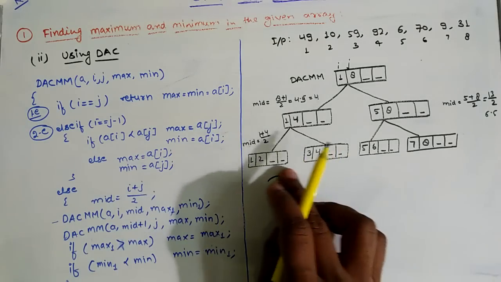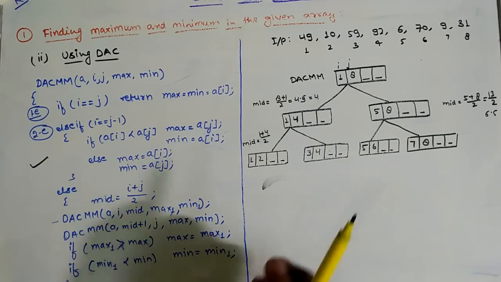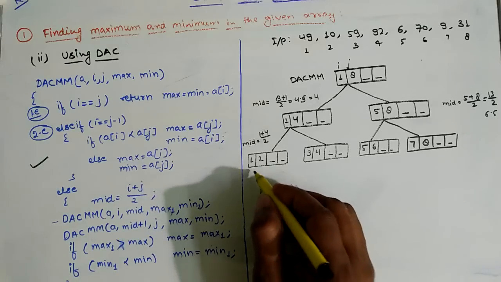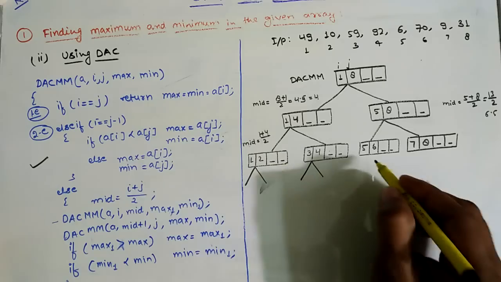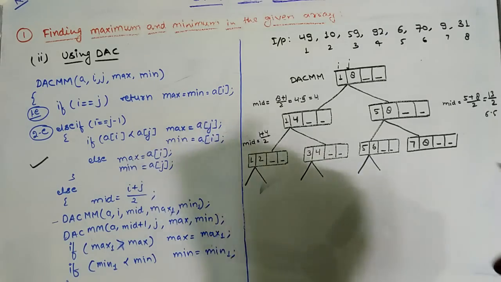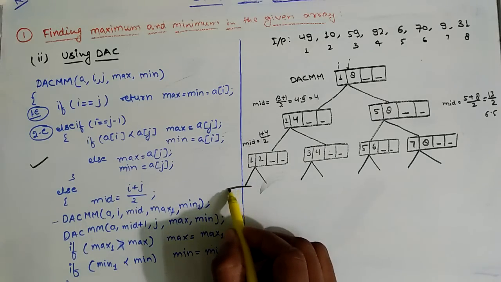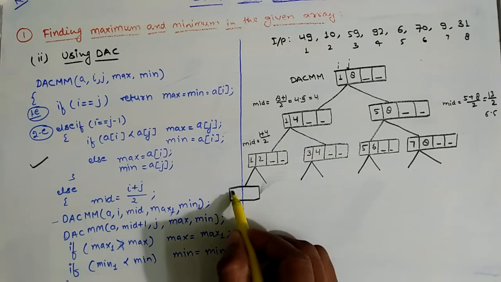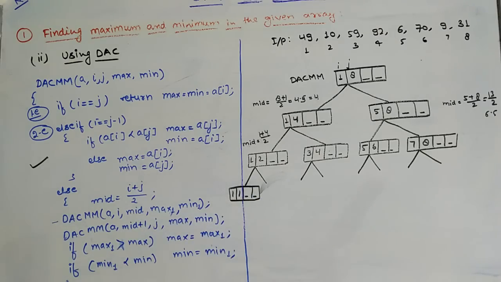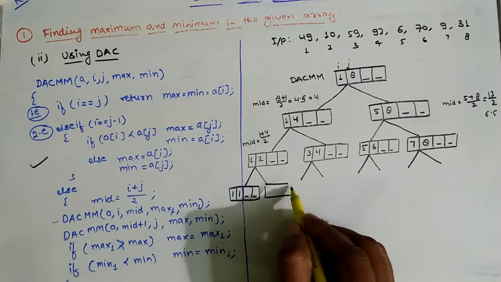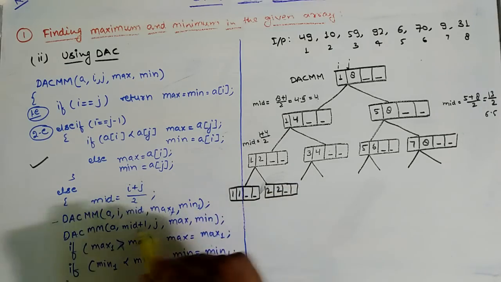So I can stop here if I consider the base case as 2 elements. If I do not consider the base case as 2 elements, then I further divide this problem into two parts, and again divide each into two parts. Here the division includes 1, 1 and empty locations for max and min. Similarly here it includes 2, 2 and empty locations for max and min.